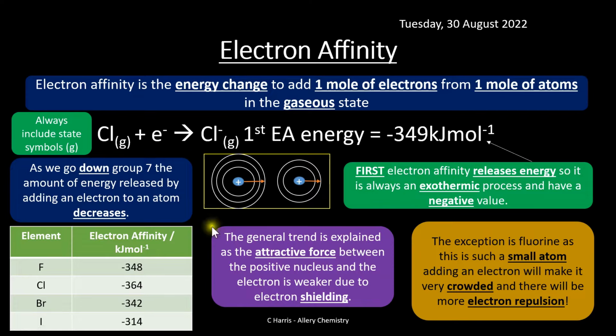Now, there's a slight exception to this, which is fluorine. Fluorine has the single shell in there. This is a small atom, and adding an electron will actually make it really crowded. It's a bit too squashed, and so there will be more electron repulsion. Effectively, we're trying to push an electron into something which doesn't really have a lot of space. It's not comfortable there, and it's a bit too close to other electrons,